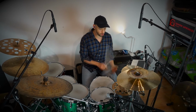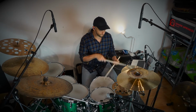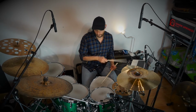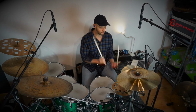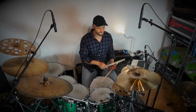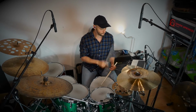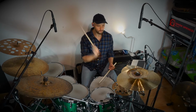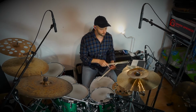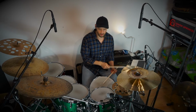A fill can be tiny and very subtle, like for example, the opening of the hi-hats. A change of the bass drum pattern. Or you double your backbeat on 4 with floor tom. Or you play a big old flam on 4. And all of those examples might already fit your song better than...